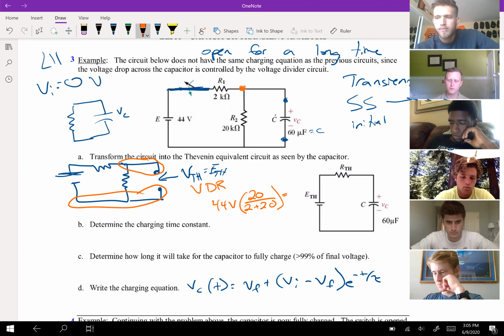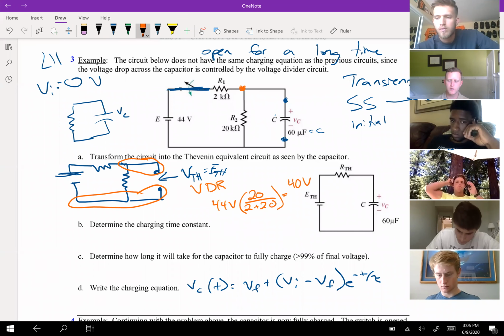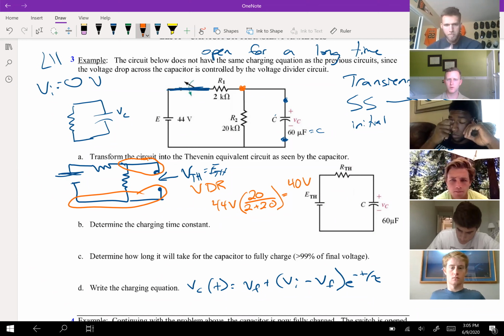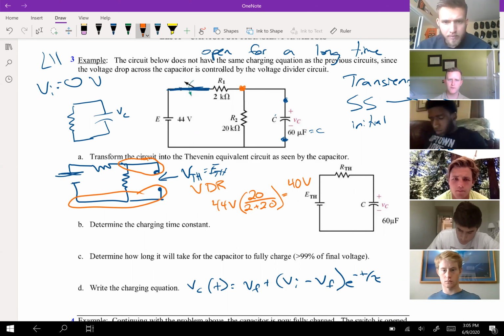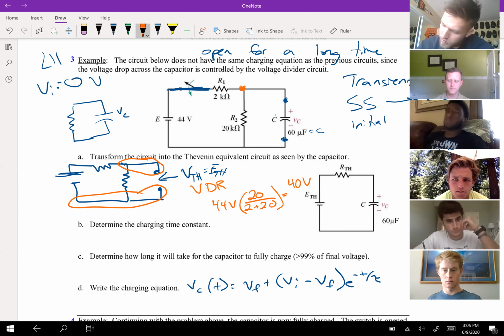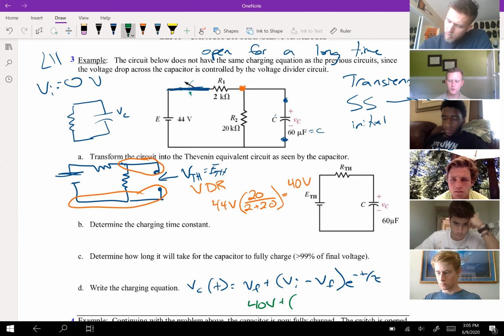So now I have the voltage divider rule, and I'm looking across this open. Well, now this is 40 volts, and that is my E Thevenin. It's also the voltage across the fully charged capacitor, because what does a fully charged capacitor look like? An open. So solving for E Thevenin is the same step as solving for V final. So I could go ahead and plug this in: 40 volts plus V initial, 0, minus 40 volts, E to the negative T over, oh, we have one more thing to solve for, which is